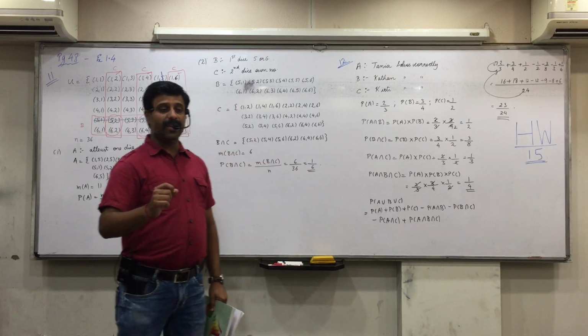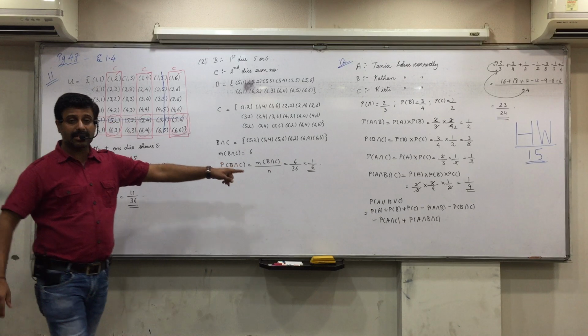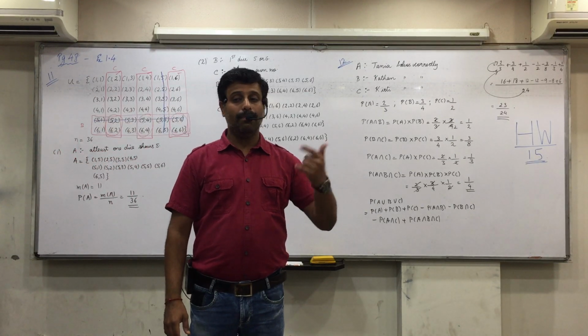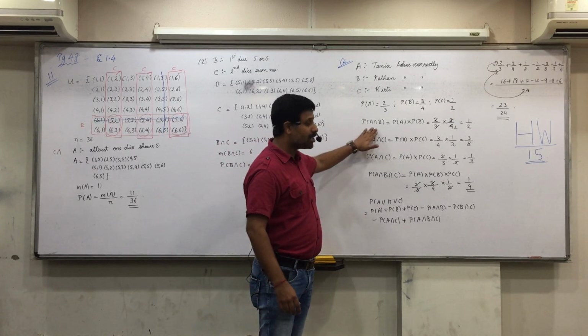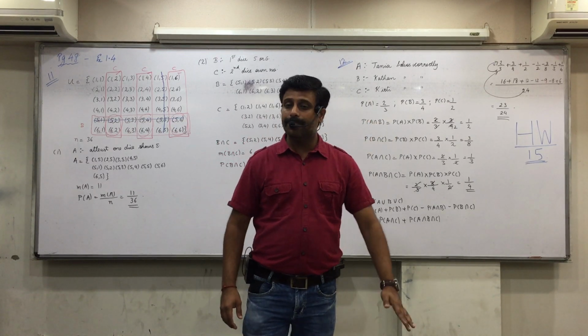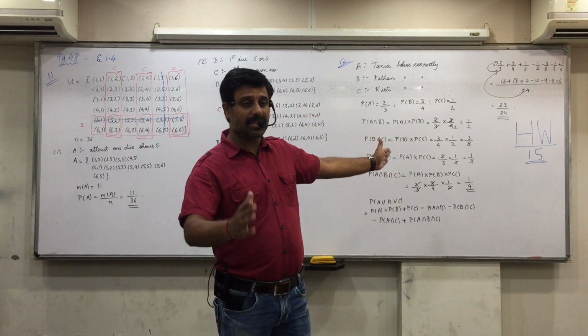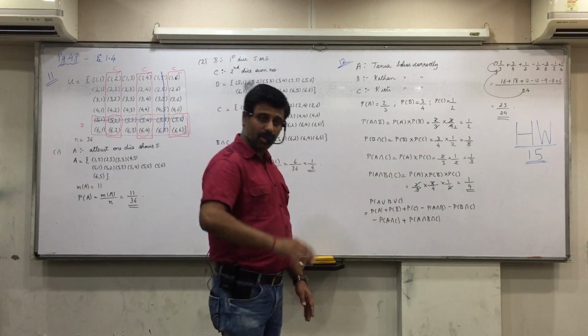Means what will you find? It was A union B. The one we did before was the lengthier one, this is a shorter one. How do you find A union B? P(A) plus P(B) minus P(A intersection B). And first, how do you find A intersection B? P(A) into P(B). Got it, everyone? So it is exactly similar. That was with 3 events, now this is with defining of events. Do everything on your own, then I'll show you on the board.